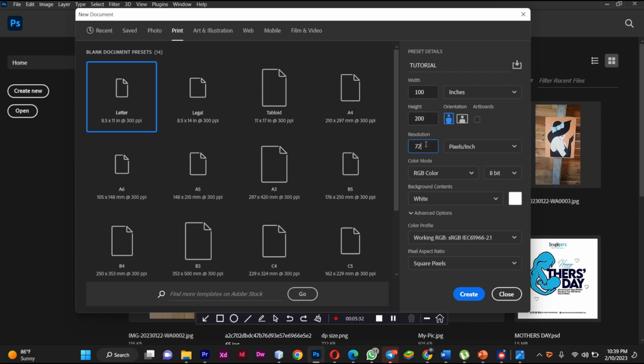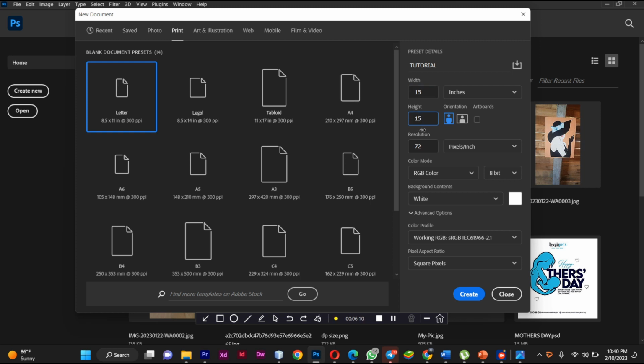The reason being that it might slow down your machine, or it will increase the size of the document, which might disturb your laptop or something. So it's always advisable, whenever you have a high dimension of your canvas, you have to reduce the resolution to 72. But then when your canvas size is let's say 15 by 15 inches,